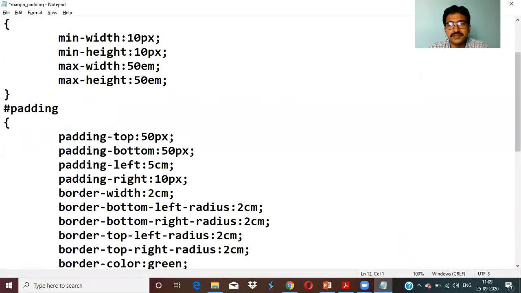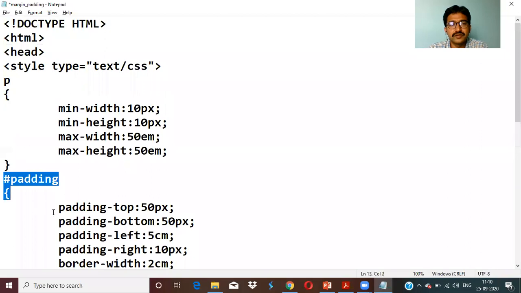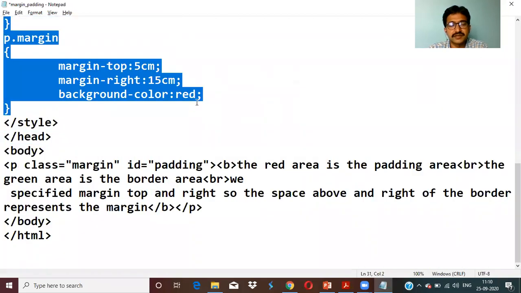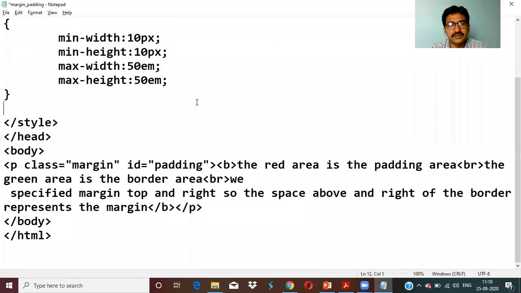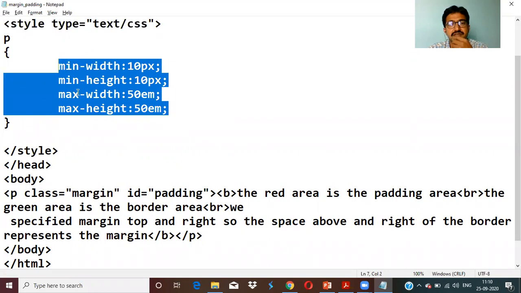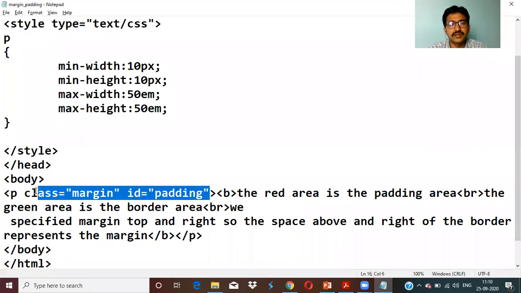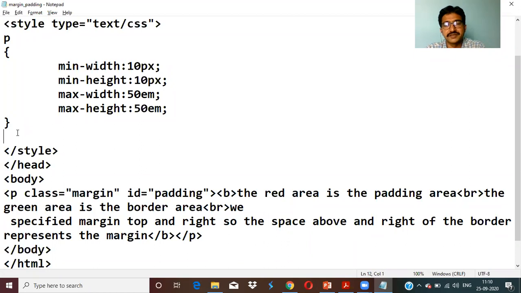Now what I'm doing here is, I first remove these two selectors. I'm just using a paragraph, and we are applying for this. This is not their classes, so it doesn't give much sound because I have already deleted these two selectors.